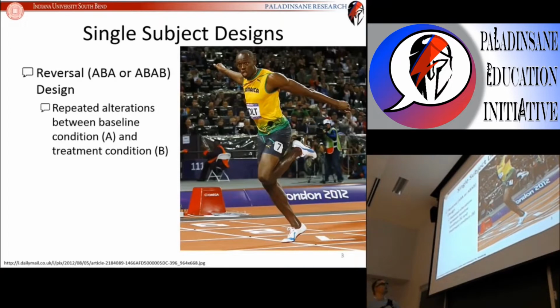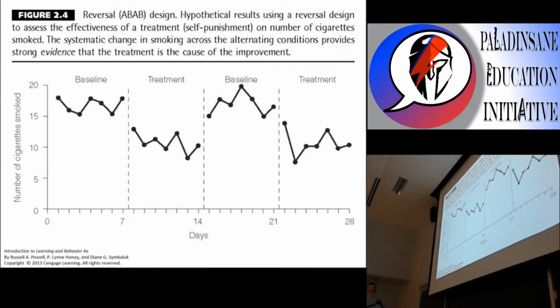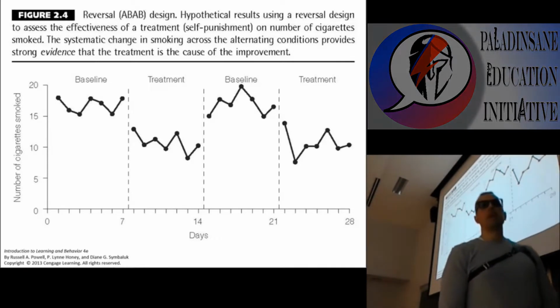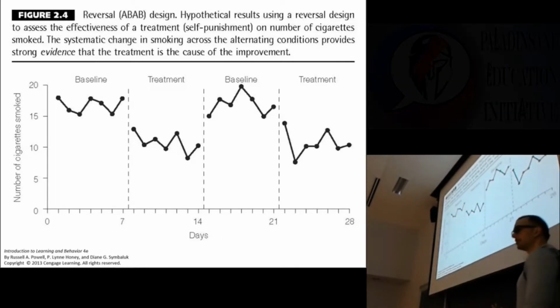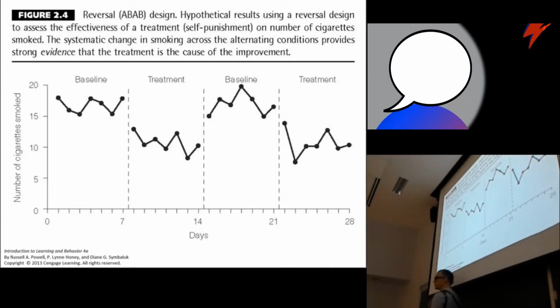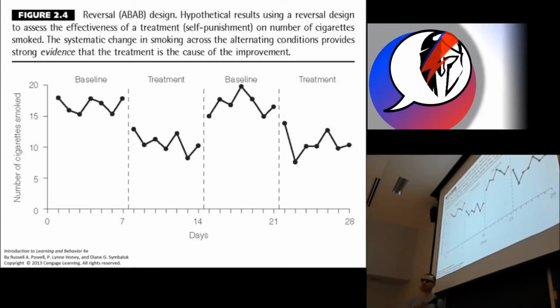treatment. So we saw this before when we were looking at a treatment for the number of cigarettes smoked. At first, you don't have any treatment, you just measure the baseline behavior. How bad is the behavior that you're trying to get rid of? Then you institute the treatment, and you see if you have the desired effect on the behavior. And then you return to baseline in order to determine if it was your treatment that was causing that